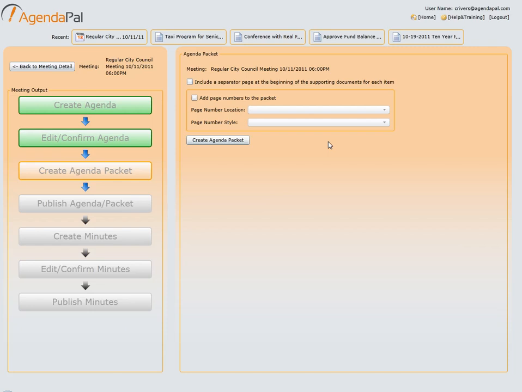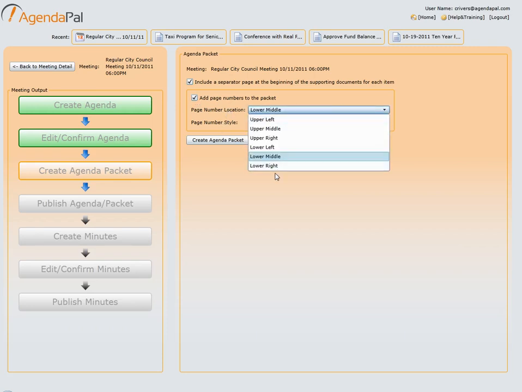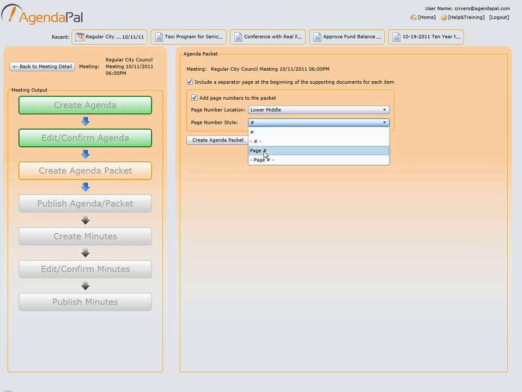Some of them we typically recommend. First and foremost, this option includes a separator page at the beginning of the supporting documents for each item. This will become evident when we actually see the packet later, just so we know where the supporting documents for one item start and where they end. Next, do we want to add overall page numbers or Bates stamping to the packet? This is very important. We always recommend this. You could specify the location where you want it. In this case, we'll put it in the lower middle, and we want the format just page then the number